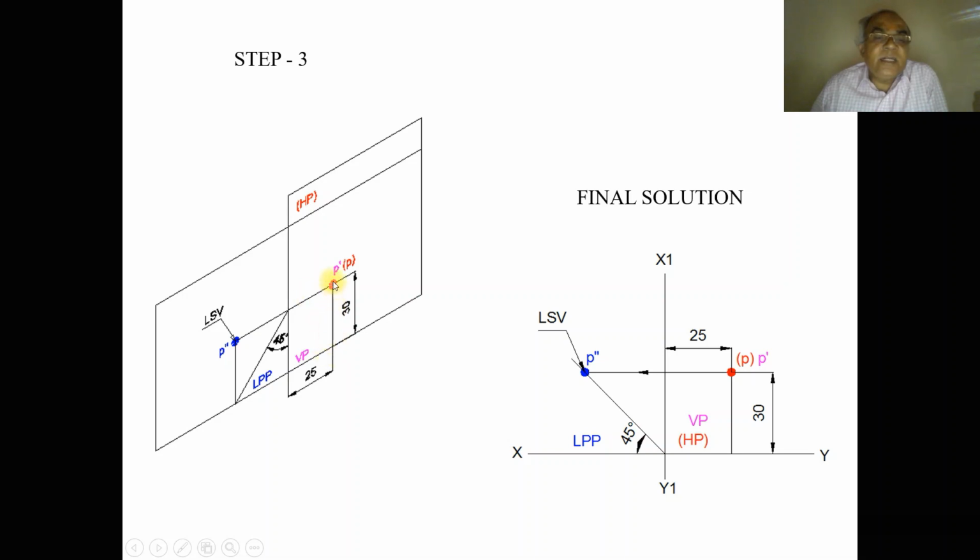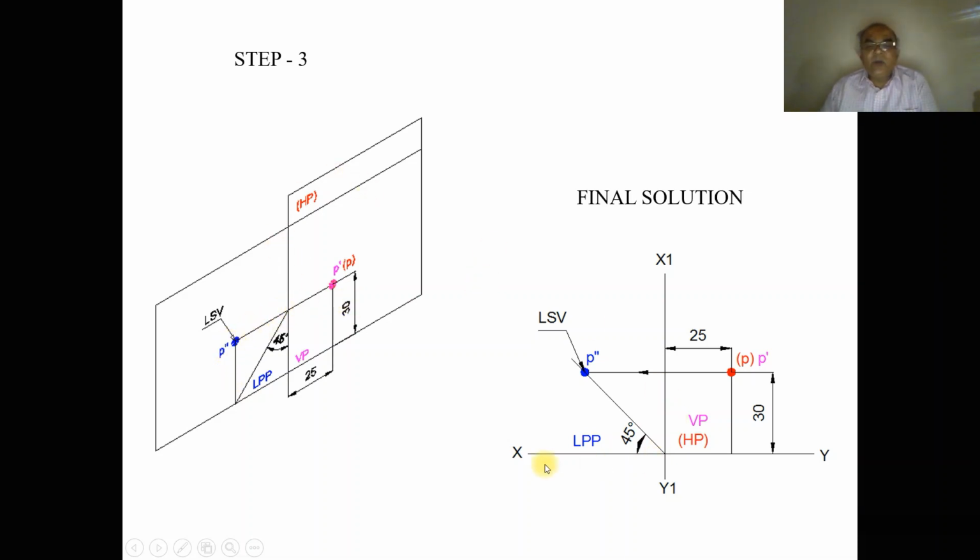Then the distance behind VP is 30 mm, which is vertical here. When it is projected till here, the distance behind VP is also vertical. So draw a 45-degree line. When it is drawn, this vertical distance of 30 mm behind VP is transformed into a horizontal distance here. You project this point here, and both will intersect at this point. So you get P double dash. Here, this distance is above HP and this distance is behind VP.